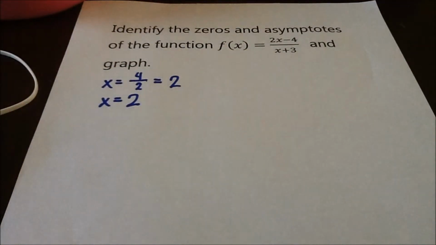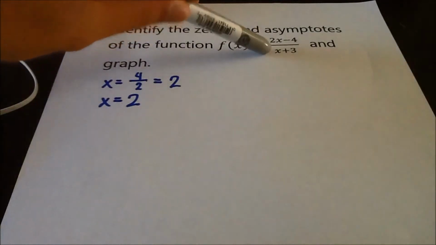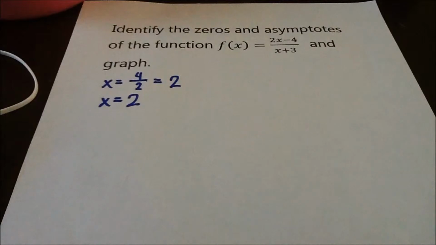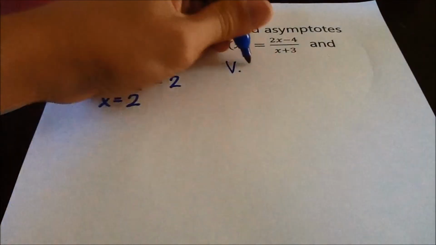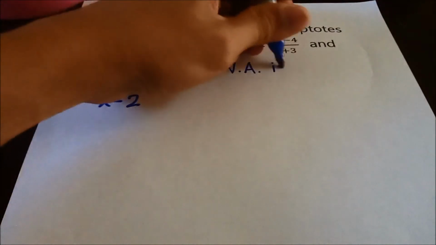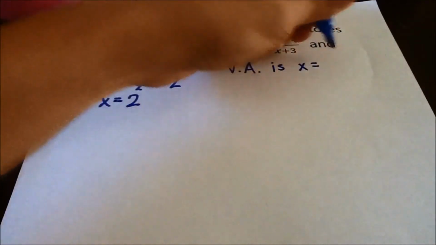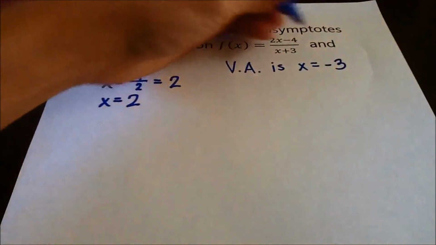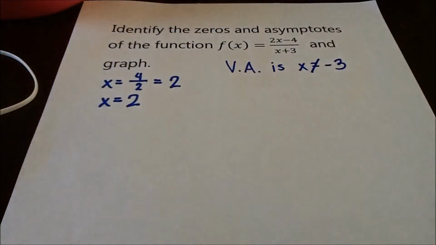To find the vertical asymptote, that is when we find the zero of the denominator. And that value, if you were to graph it, is a vertical imaginary line that the hyperbolas cannot cross. Our vertical asymptote is x equals negative 3, and x cannot be equal to negative 3. As I said earlier, if you were to substitute negative 3, it will make the denominator 0 and